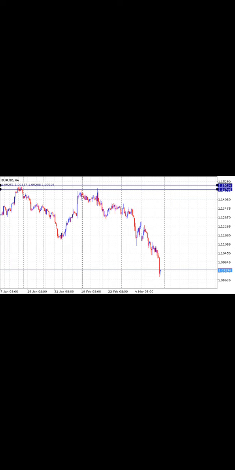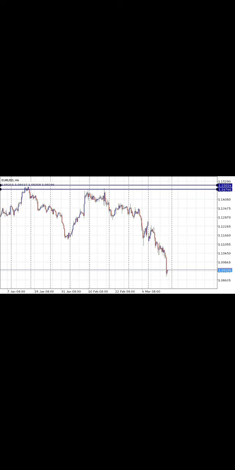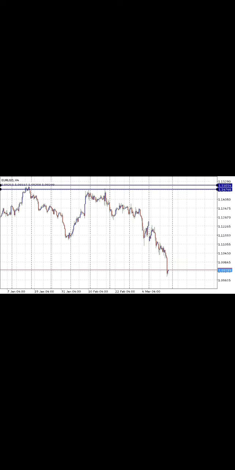This is 4 hours, so it's very high. And you can see the risk reward ratio. If I enter now at that order block, my next target will be here, and here, and here, and here, at